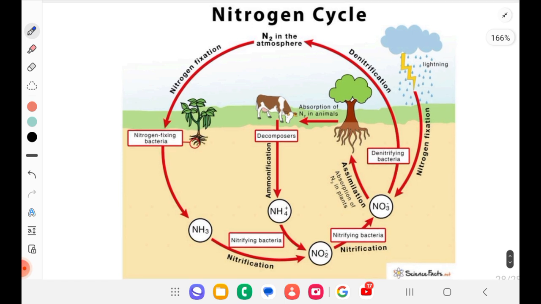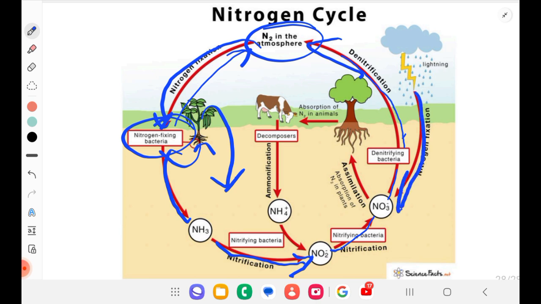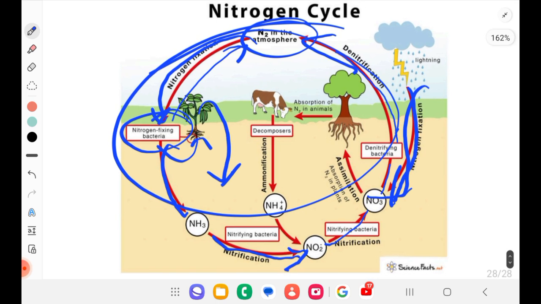So nitrogen in atmosphere will be fixed through nitrogen fixing bacteria like rhizobium and all. Once it gets into soil after the death of these plants, it goes through nitrification, and then it will be denitrified going back to the atmosphere, and again if it is coming back, nitrogen fixation and all will happen. You can just have a look into it, but it is not that important. You should know the cycle, that's all. This is all about this chapter.